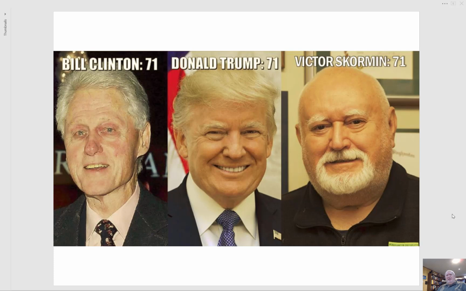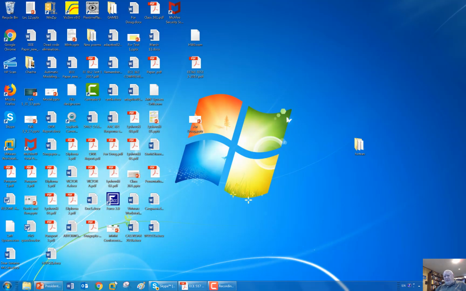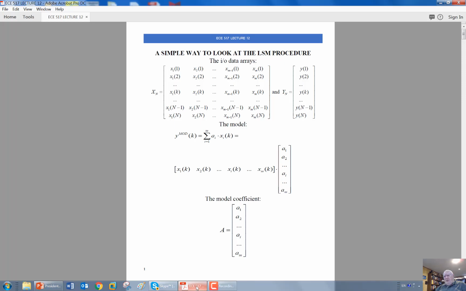I also want you to realize that by looking at these pictures, one can say what are the political aspirations and political position of a person and how it affects the way the person looks. Now I feel like continuing our lecture. What I will do now is to close this stuff that has nothing to do with adaptive control and get